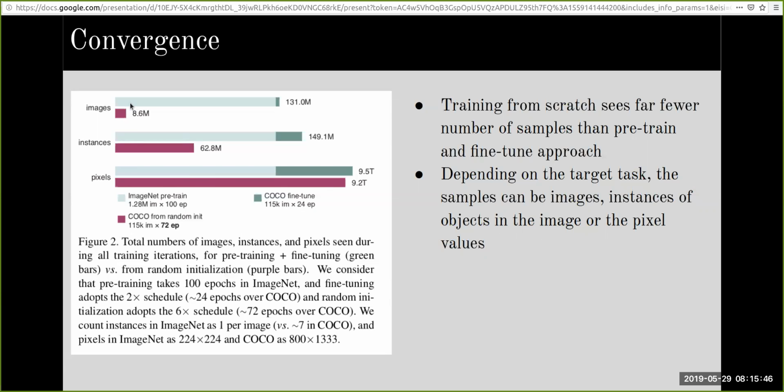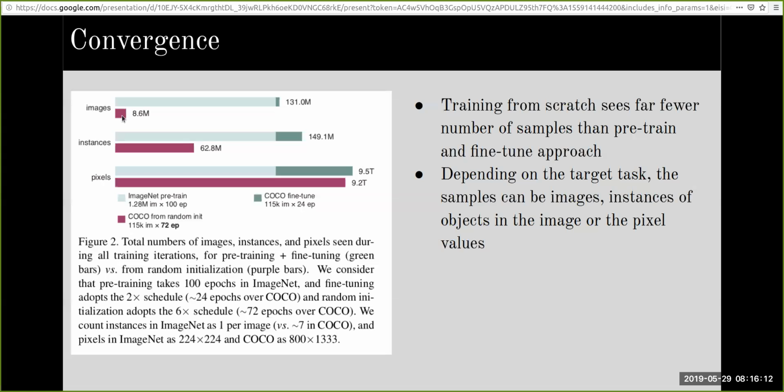So here, if we observe, we have the total number of images that are considered when fine-tuning, which includes both ImageNet, the big gray bar here represents ImageNet data, and the green one represents COCO data, which we'll be using for all the experiments in this paper.